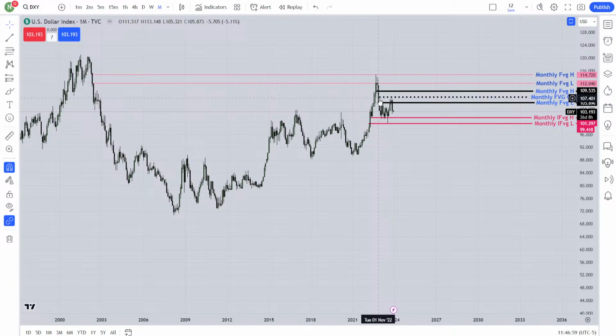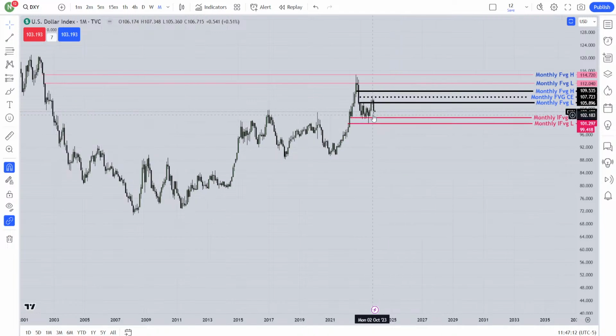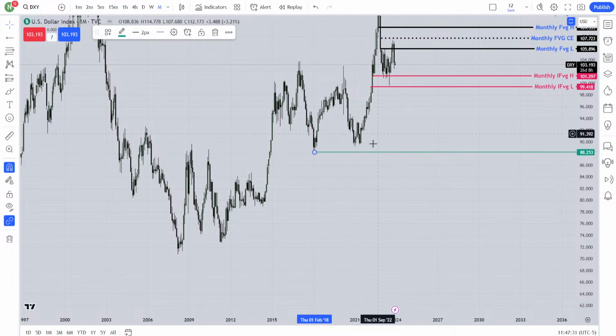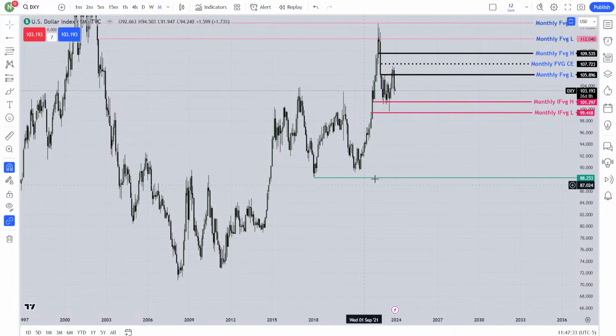Because of the seasonal tendency, or I don't know exactly, everything currently running in this world, I'm expecting price will go higher. I'm not saying this fair value gap will hold the price and send it back to clear the sell side liquidity. Look at this, the sell side is very clean on the monthly chart, but I am not expecting the market to take that sell side liquidity.